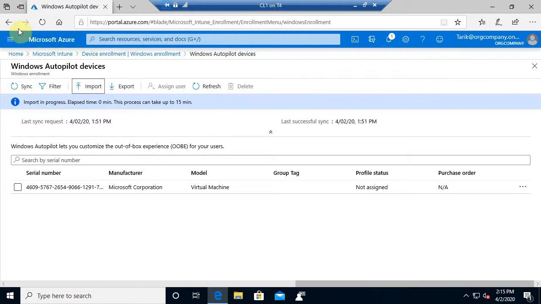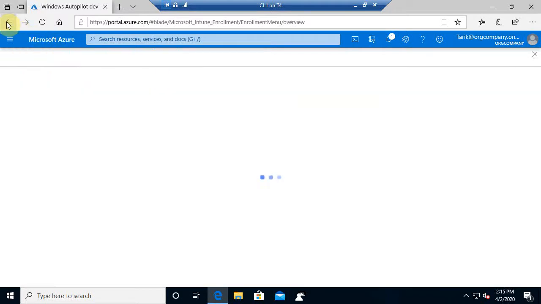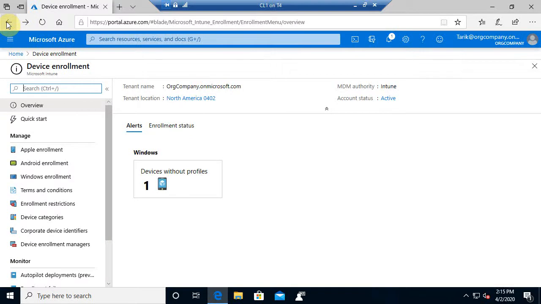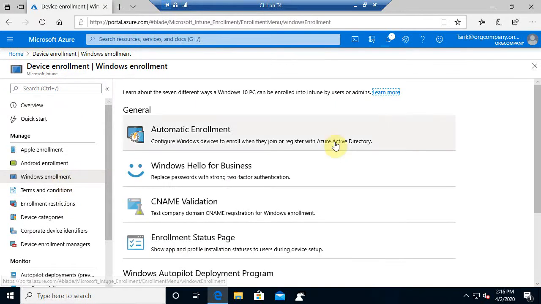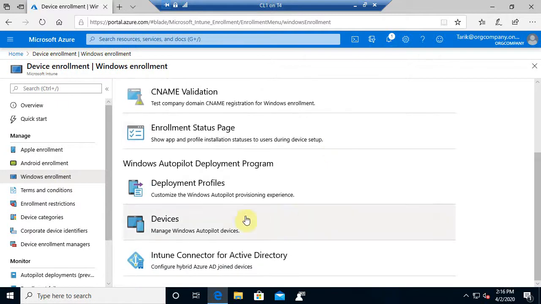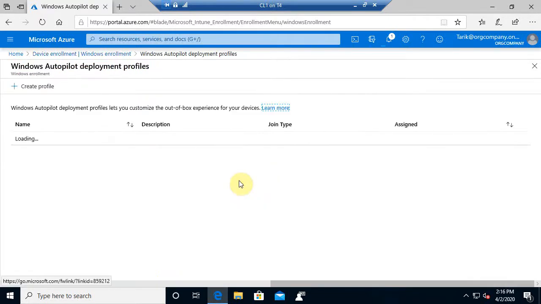But what I'm going to do now, in the meantime, I'm going to come back to where I was just a moment ago. So pretty much the device enrollment, and then we're going to come to Windows enrollment. Now we're going to scroll down. Now keep in mind this is where we just left off right here where we imported the CSV file. Okay, so now we're going to come to deployment profiles. Now at this point we're going to create